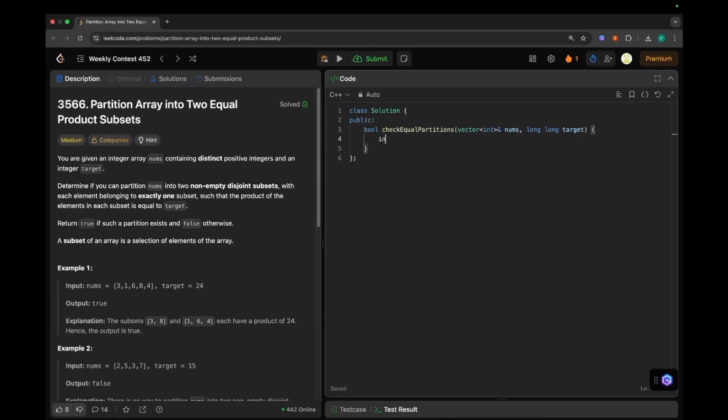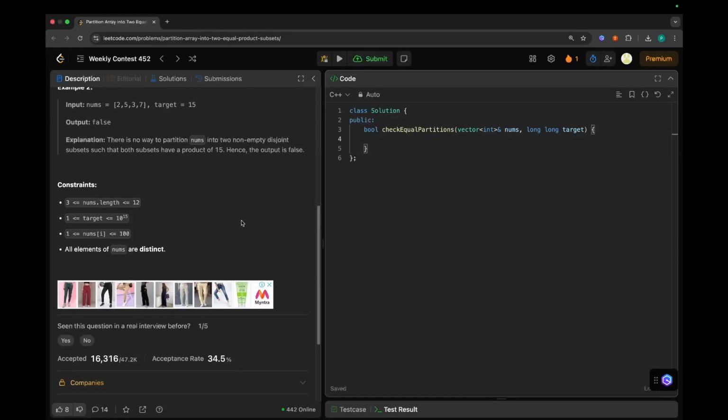So what we need to do first: let's say the target can be up to 10 to the power 15. So we will define our int128 as LL, so that we can cover the cases when target is so large. Okay, so let's declare our total as 1, which is the total product. Let's initialize i, with i less than n, i plus plus. Let's also initialize n as nums dot size.